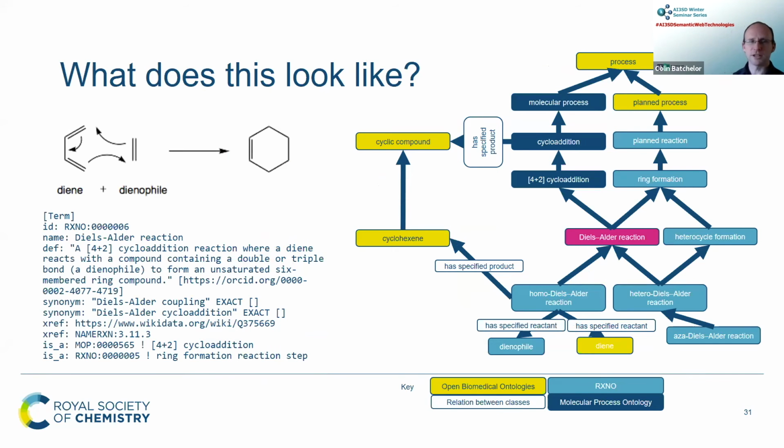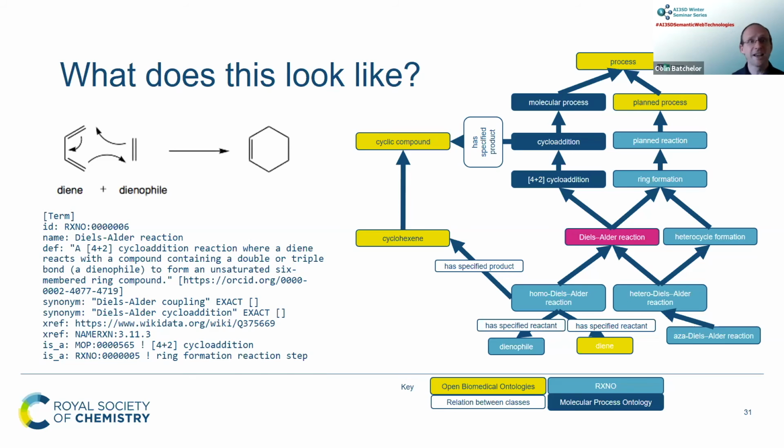What does the ontology look like? One thing that is used a lot in undergraduate teaching, but not in real life, is the Diels-Alder reaction. It's one that I could remember from being an undergraduate because it forms a six-membered ring, and six-membered rings are stable. The textual part of that is shown on the left in OBO format.